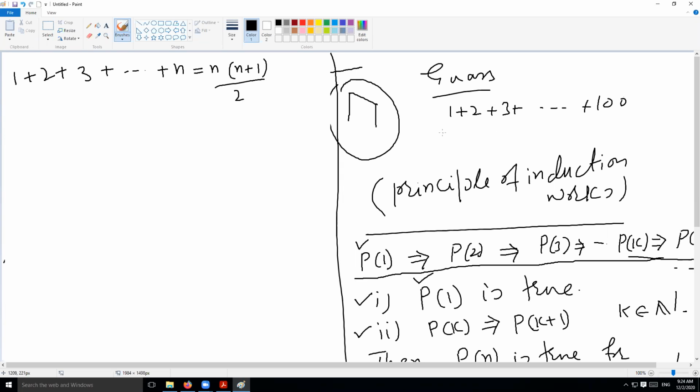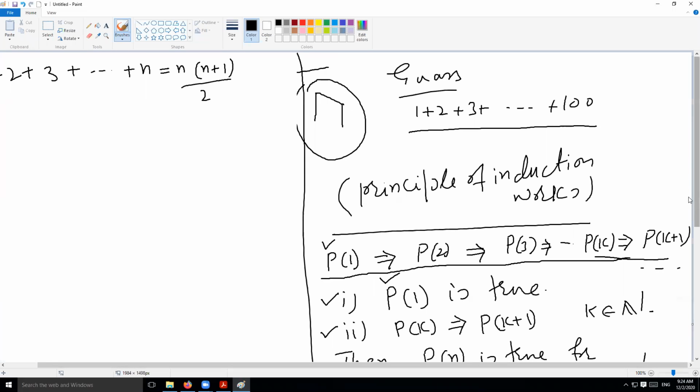The teacher thought they were going to do this straightforwardly: 1 plus 2 is 3, 3 plus 3 is 6, 6 plus 4 is 10, and so on. In that manner, they would be engaged for a long time. But in the same class there was Gauss, who came back after a really short time with an answer for this sum. The teacher was puzzled how he did it so quickly.